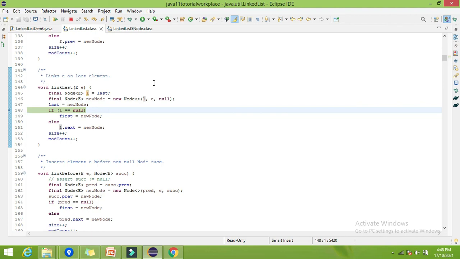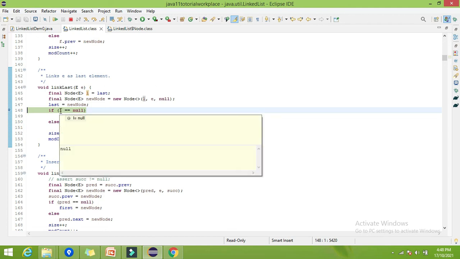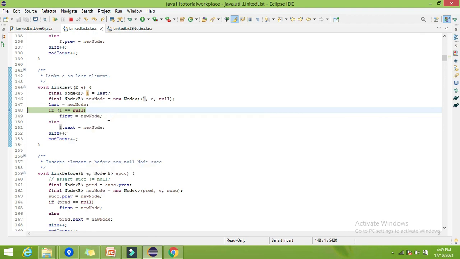If yes, then it should be assigned to first, because we declared the two variables first and last at the start. So it is checking whether last was null, meaning the element we are adding is the first element. The if condition is satisfied, and it will assign the new node we have created to first, and it will return.